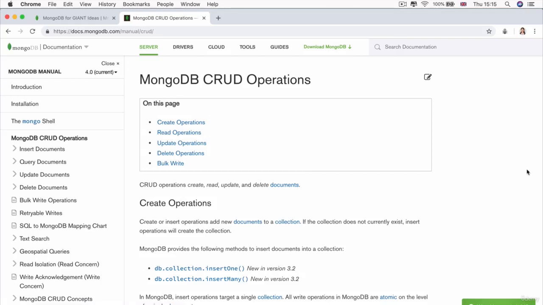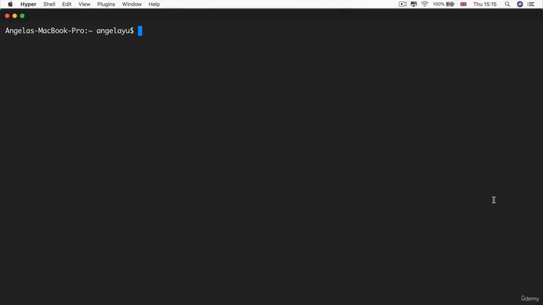I recommend that whenever you're exploring a new database system, the first thing to wrap your head around is how do you perform CRUD using that particular database. So we saw how we can create, read, update, and delete data using a SQL-based system such as SQLite in the last module. In this section, we're going to look at how we can do that using MongoDB on the command line. So this is the time to open up your Hyper terminal,